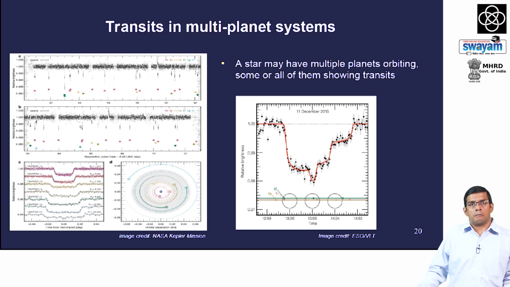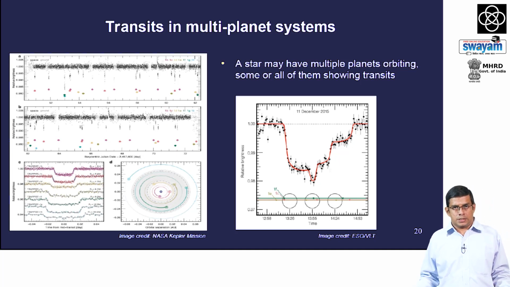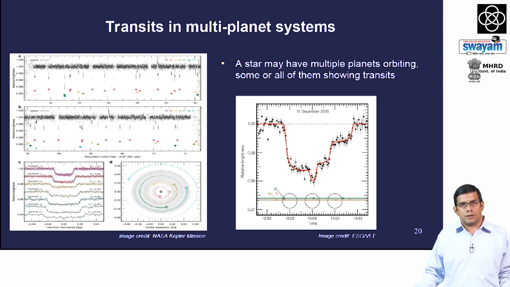Now, there can be multiple planets in a stellar system, and each of them will cause their own transits, and only careful analysis of this data can identify each of these several planets. In this diagram, there are 7 planets which are transiting the same star at different orbital radius, and of course, the sizes of the planets are also different. But we can analyze each of them separately by looking at these and identifying the periods of the same planet